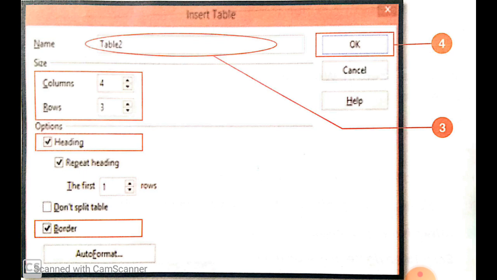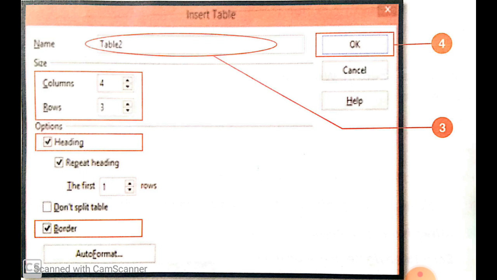Select the heading option to define the first row in the table as the heading. Select the border option to surround each cell of the table with a border.